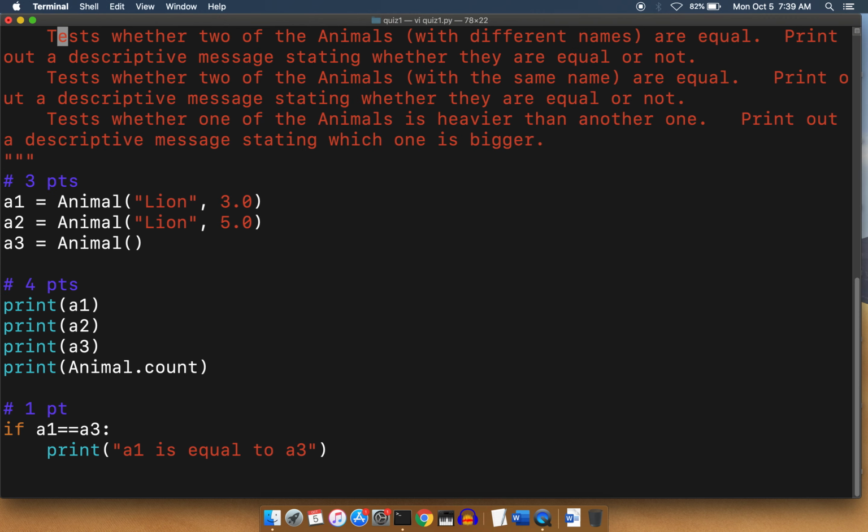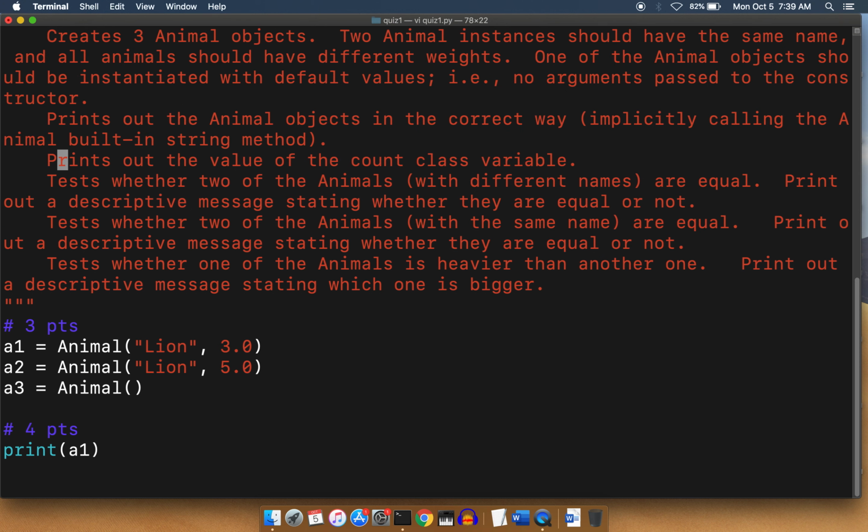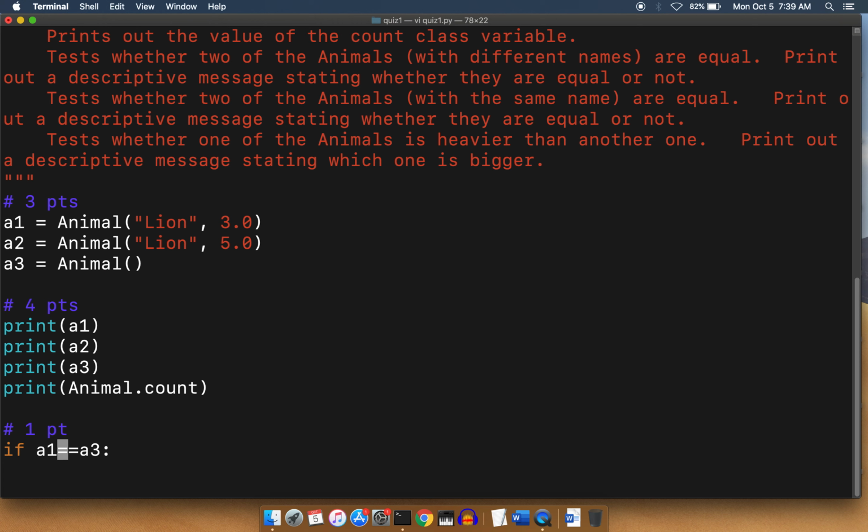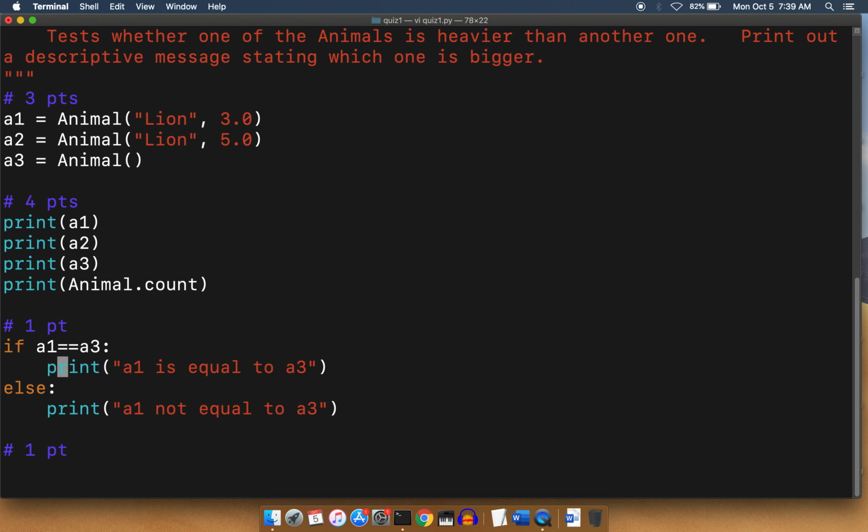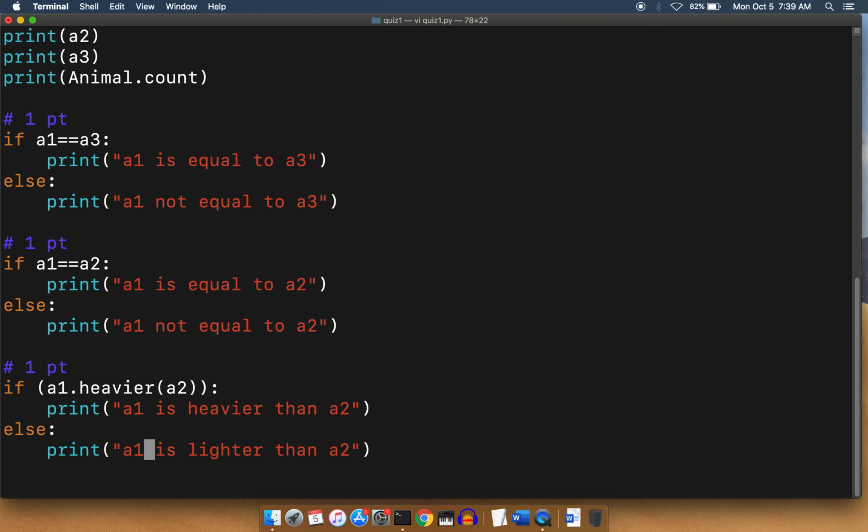And it also said that you were supposed to print out a descriptive message, okay? So you needed to print out a descriptive message stating whether they are equal or not. So this is the descriptive message right here. If they're equal, let me say they're equal, otherwise they're not, okay? Same thing for A1 and A2, okay? And it's the same thing for heavier. So if you didn't do something very close or very similar to this, chances are you lost points,